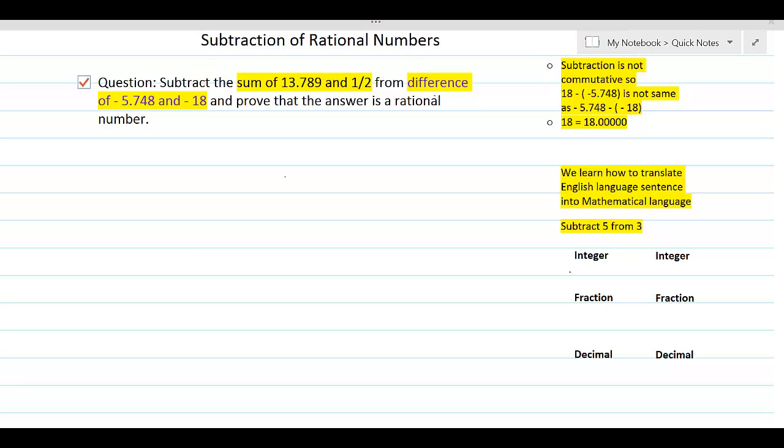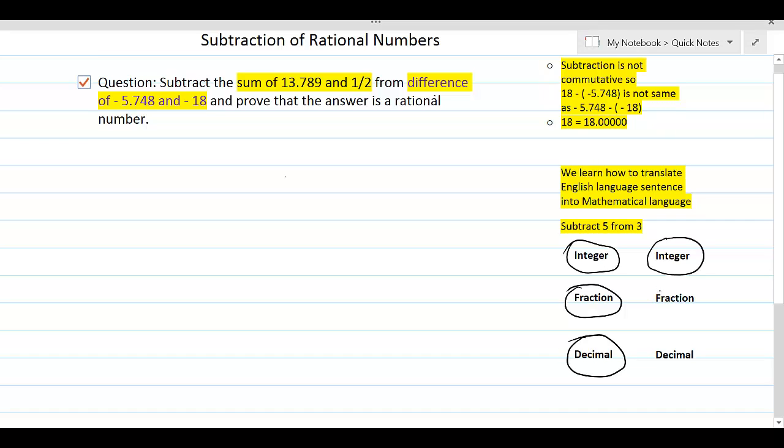Subtraction of rational numbers. We know that rational numbers take many different forms. Sometimes rational numbers are integers, sometimes these are fractions, sometimes rational numbers are in the form of decimals. So while dealing with addition and